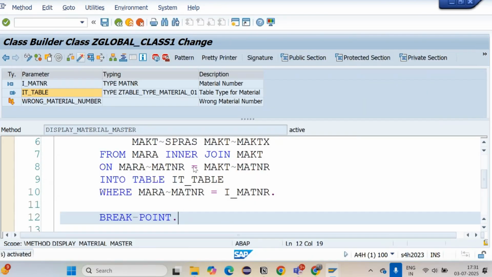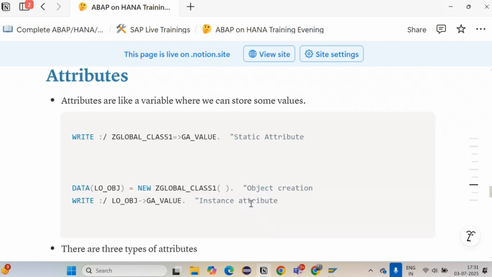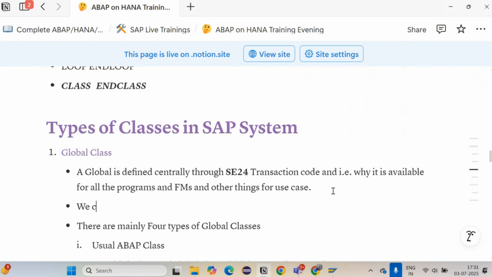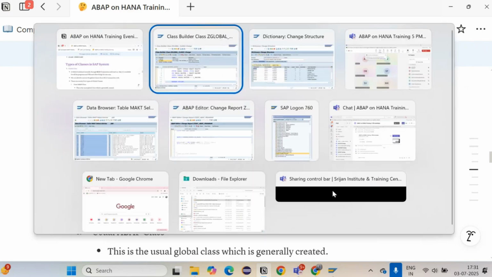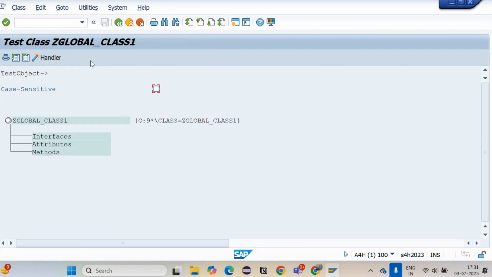Another beauty of global classes here, another beautiful feature of global classes. There is a global class. We can directly execute the global classes from the F8 transaction code. You can directly execute it from there. So now if I go for the execute button,